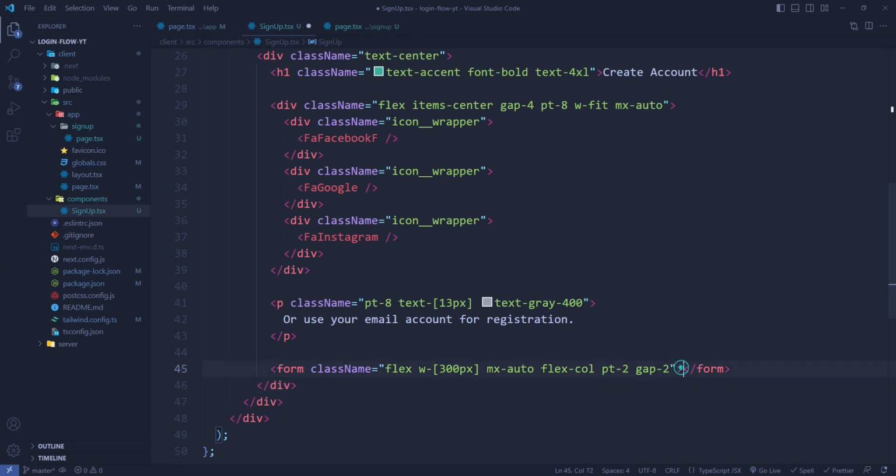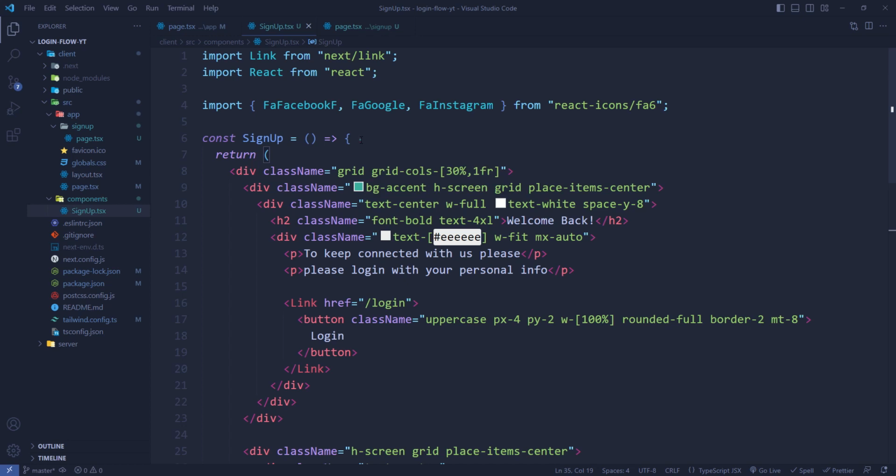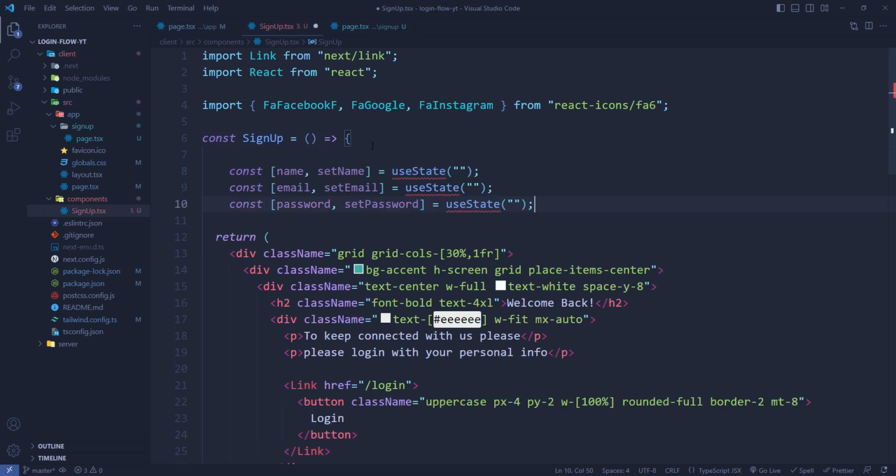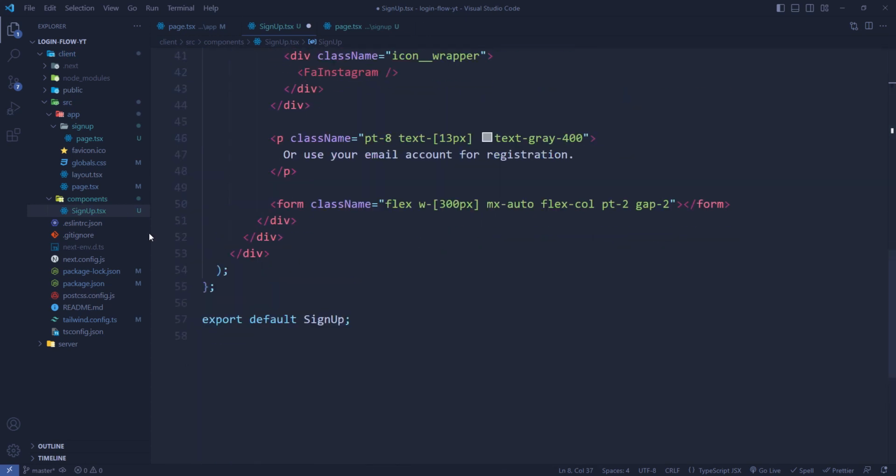Then inside this form we will take some input, but we need some state to manage our input. So for that we are going to create some state. So we will go up and create this state, and I'll try to import this state from React. Okay,